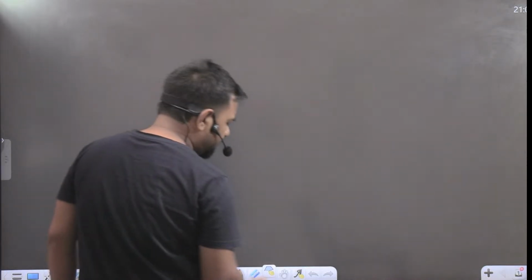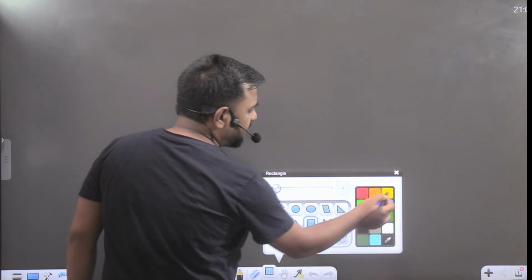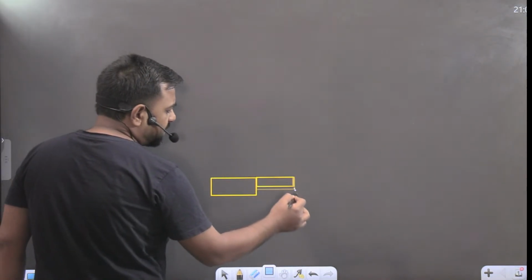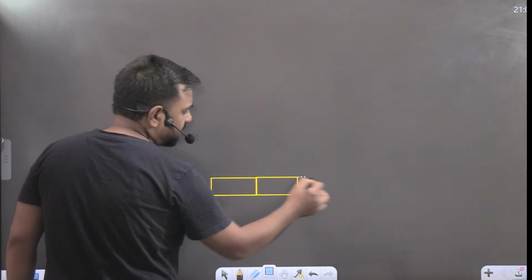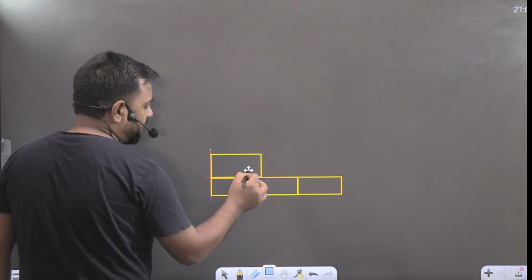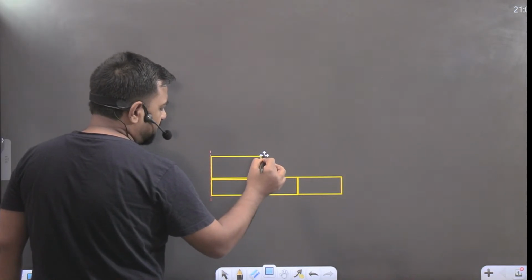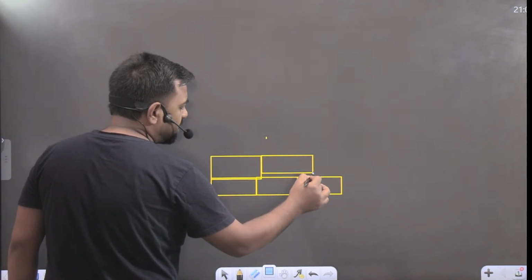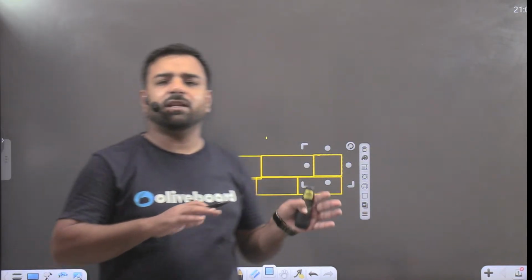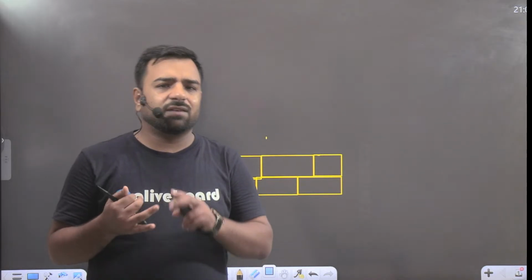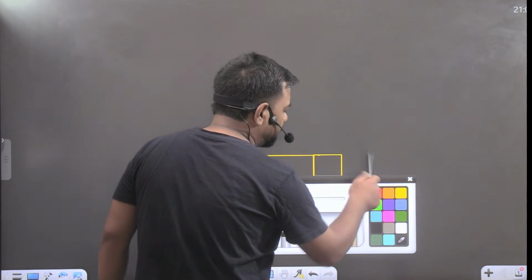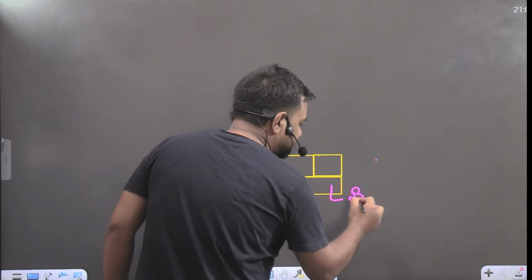Just see, if I talk about your home, the location at which you are studying right now. It was once a plain area, right? But there were many bricks that were joined together. And when many bricks were joined together, it actually formed a building. Slowly a wall was made, and when the wall was made, there were some rooms, where the kitchen was, the washroom was, and finally our home was made. So if I talk about the basic unit of our home, what is it? That's basically a brick.